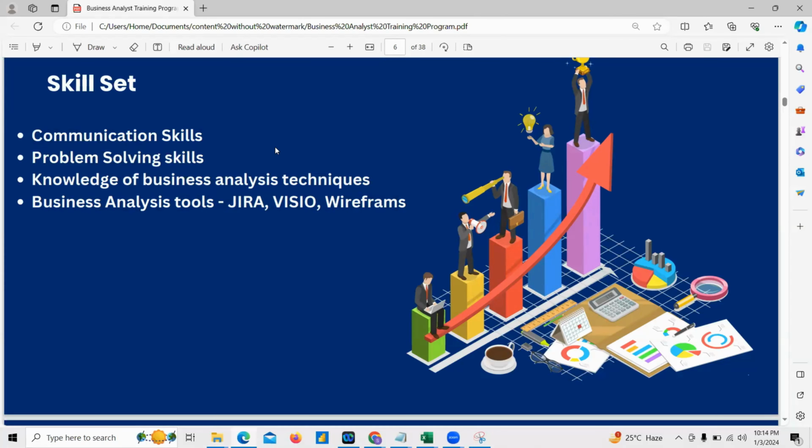It is not like you are going to solve country-level problems. Small problems within the team or small problems with the stakeholders, right? So we'll also see the techniques with real-time examples. Based on my experience, I'll also explain what kind of problems you can encounter during project implementation, or what kind of issues you will see within the team. We'll discuss all those things in the training program. Any questions until now?